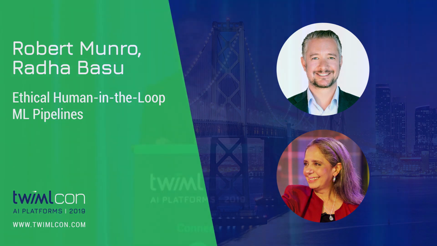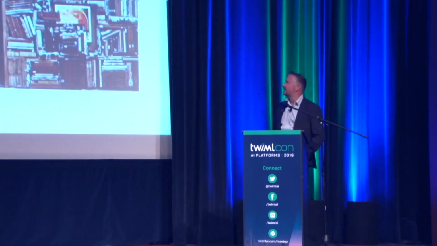I'm going to sum up our talk in about 30 seconds in case you want to run out really, really quickly, which is that ethical human-in-the-loop machine learning is really just human-in-the-loop machine learning. The kind of systems that you want to put in place for humans and machines to interact are the systems which are the most ethical. They're also the ones which will give you the best return for your investment and the highest quality data. So our talk is going to be covering this today.